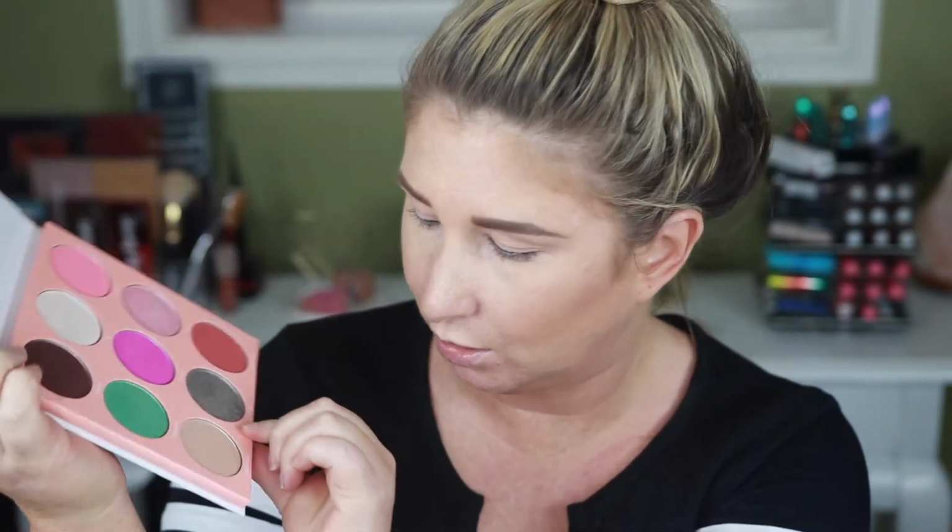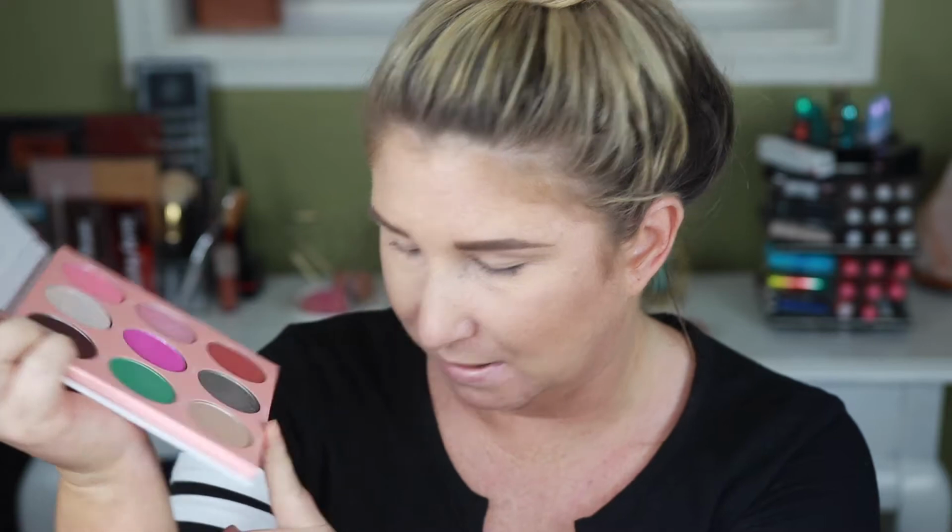Okay, I'm actually going to go in with the Deuce palette, and I'm going to go in here with the shade Berry Mousse, which is this really light, neutral, almost kind of cool toned, it is cool toned brown, and we're going to go ahead and start using that as our transition shade. Okay, I'm going to go in with my Sigma E40 brush and grab it. Ooh, that's